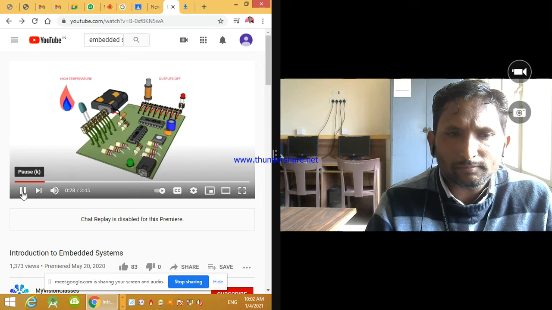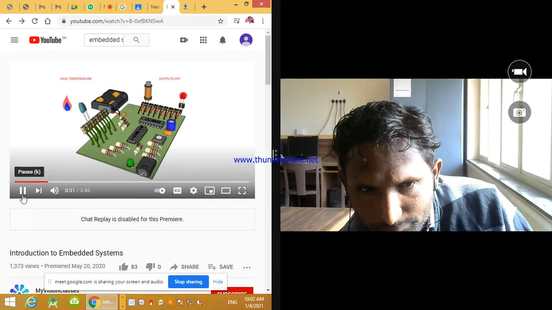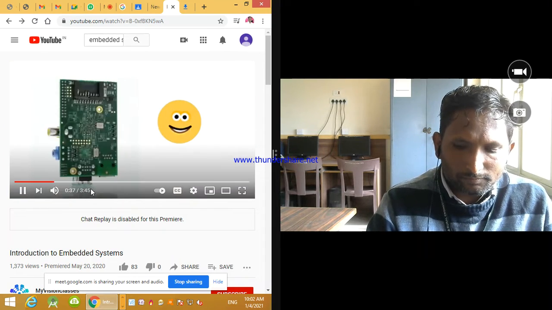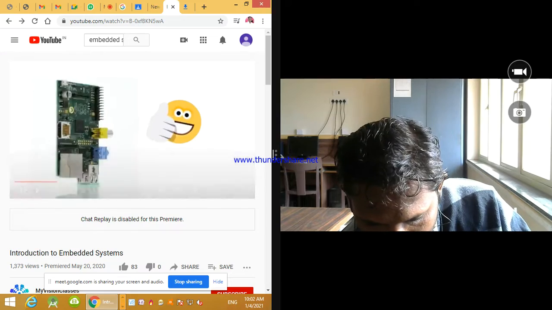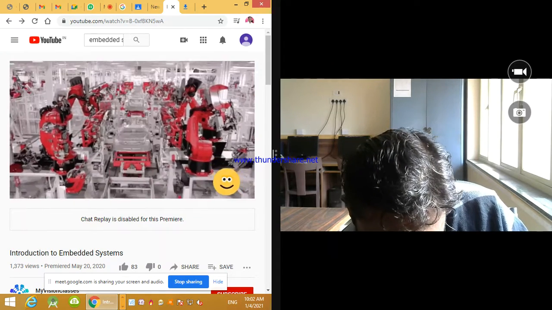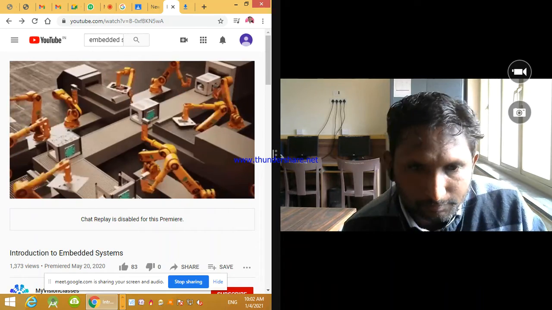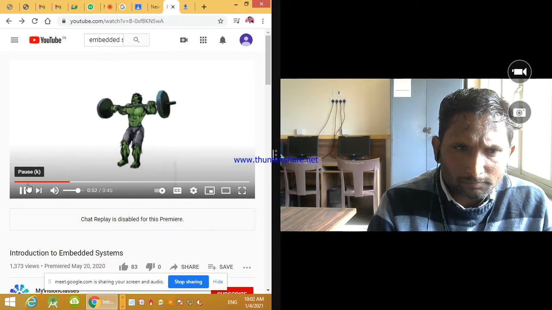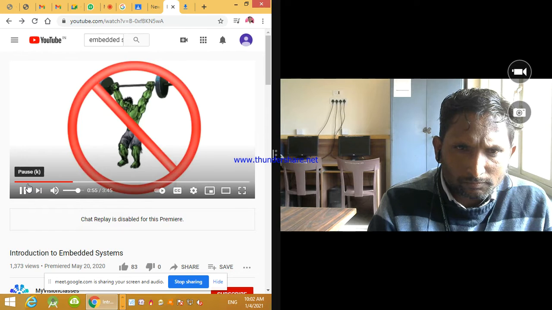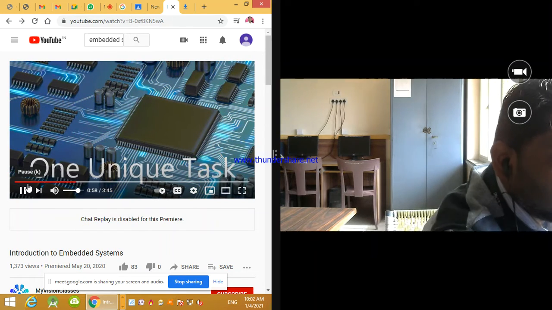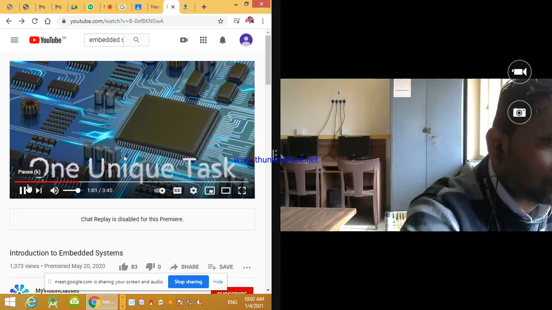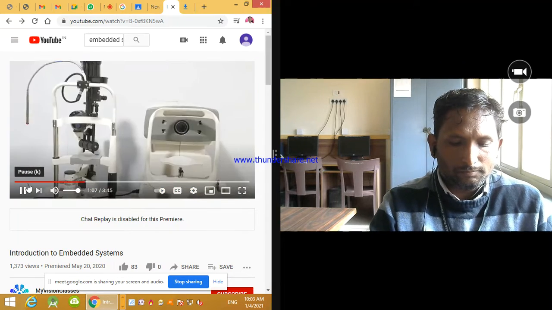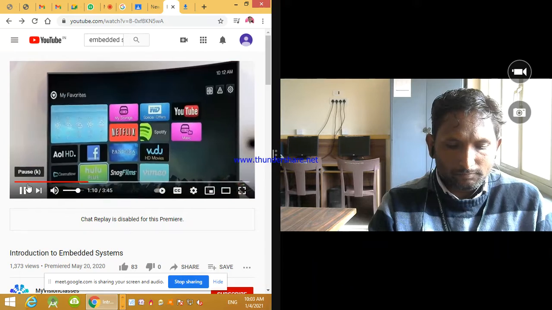So I would define an embedded system as a combination of both hardware and software designed to perform a specific function. Embedded systems are efficient, which means they perform their tasks efficiently, keeping the design in consideration. They perform their tasks with no or very little human intervention, which means you do not require manpower to perform these tasks. And every embedded system is unique, which means it is designed to perform one unique task. For example, a fan, refrigerator, aeroplanes, medical equipment, automobiles, TVs, and the list goes on.